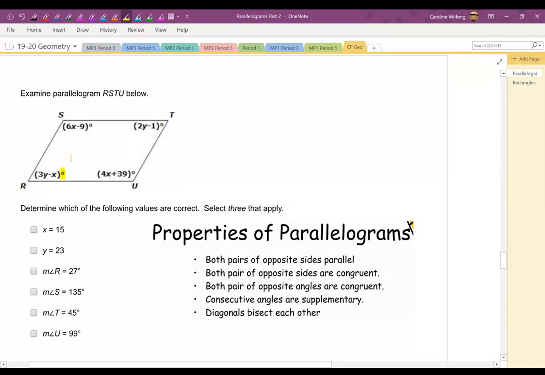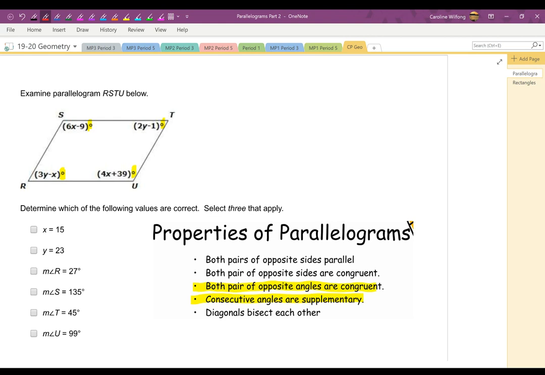So one of the ways I can tell that I'm dealing with angles is I have the little degree measure after the expressions. So my next two properties of parallelograms do have to do with angles. I know that both pairs of opposite angles are congruent and that the consecutive interior angles are supplementary. So I'm going to use these two to figure out the angle measures and which three of our 6 choices